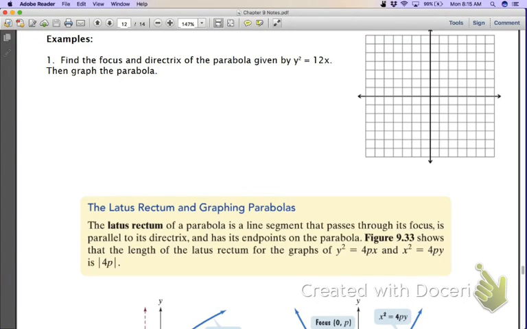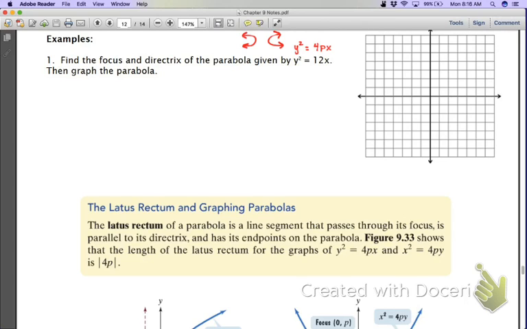So here in example 1, it says find the focus and the directrix of the parabola given by y squared equal to 12x. Okay, so everything that we do, if it's y squared, then that means it's going to look something like this or like that. X squared is like your normal. That's not any different from what you're accustomed to. So if we would have y squared equal to basically